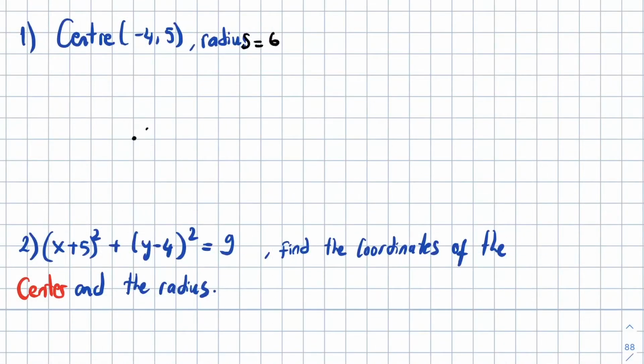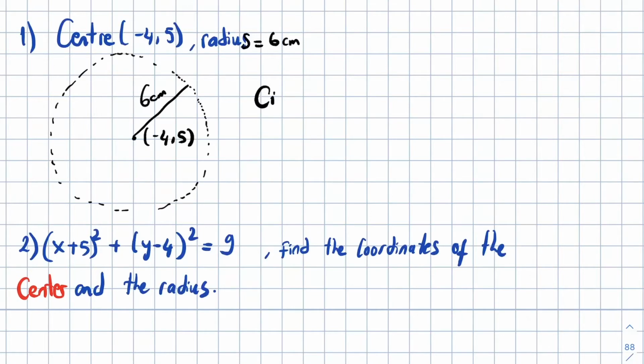Okay, let's solve a couple of examples. The center is (-4, 5), and the radius is 6. So we are going to turn this radius, half of the diameter, around the center, and we are going to form a circle. If you draw a line passing through those points, you're going to form a circle, of course. And the equation of the circle will be,